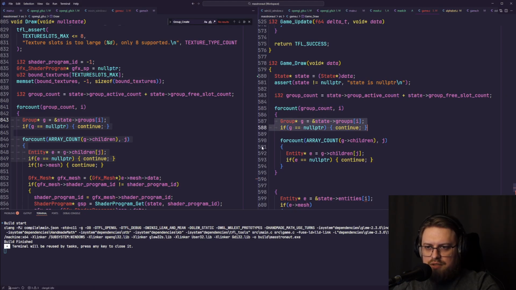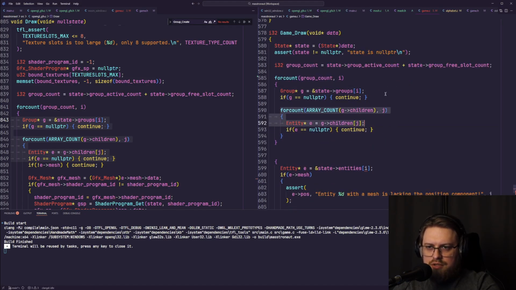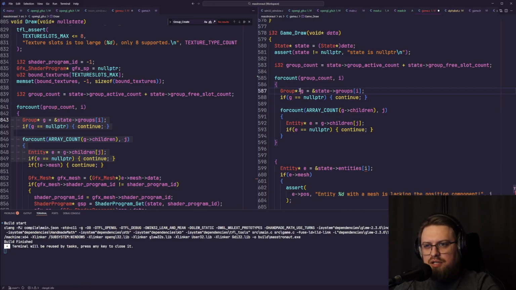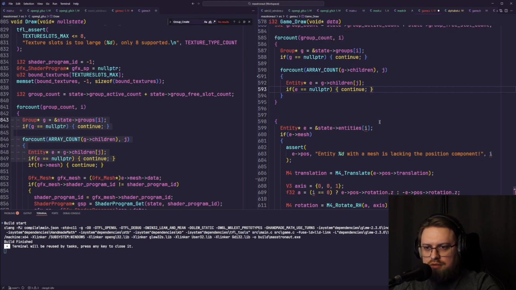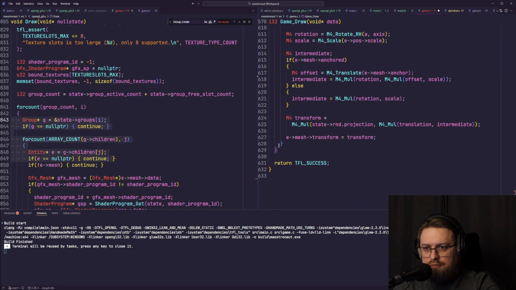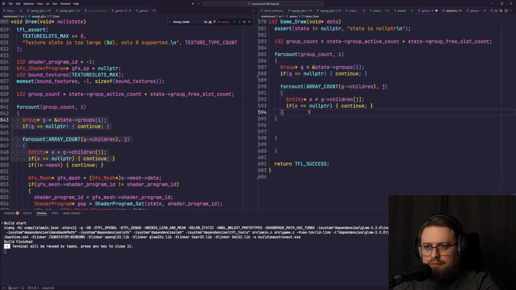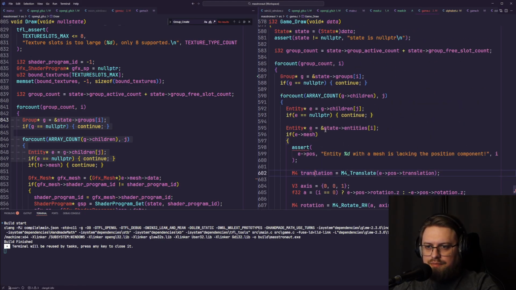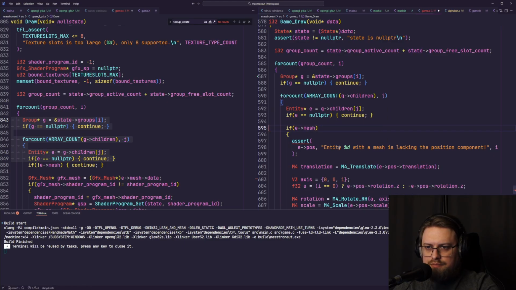If G is nothing, we continue. Otherwise, we go for all the children. And also, let's remember, or actually, I can just access it. We're looping through all of the children. And then we're doing this. Oh, here actually. If it has a mesh,